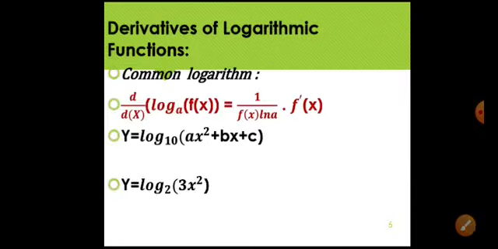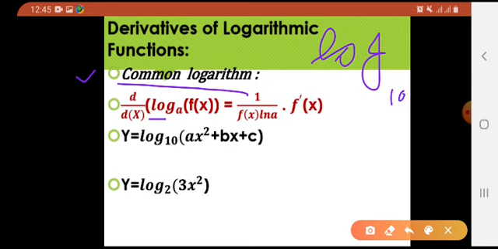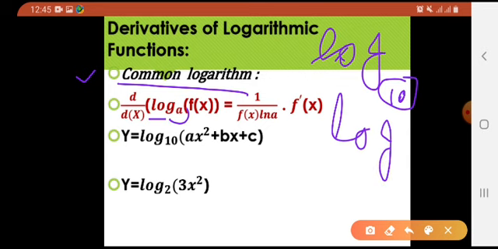This was done. Okay, now the next topic is derivatives of logarithmic functions, right? Logarithmic functions, you would be familiar with logarithm. There are two types of logarithm. एक होता है common logarithm जिसमें log is being used, normally, and the base is 10, right? And it could have any base over here. It could have 2, 3, any constant. जैसे कि आप यहाँ पे देख सकते हो a means being constant, right?